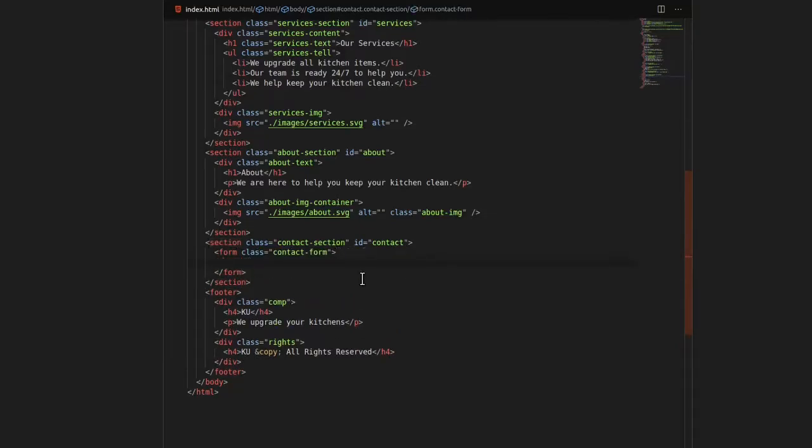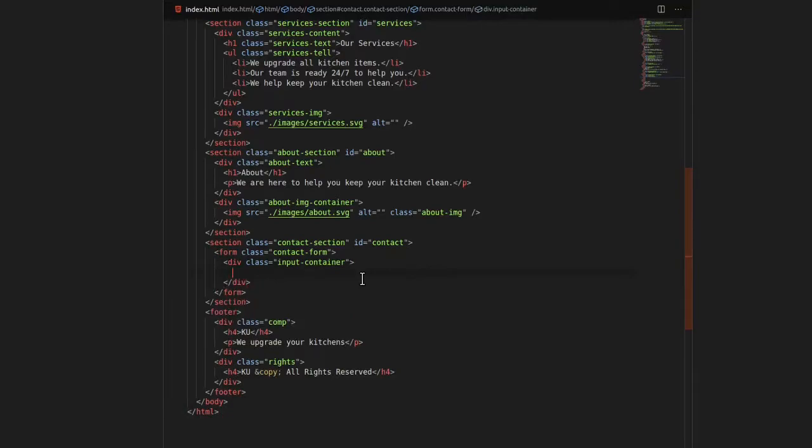So here what we will do is, we'll have dot input-container. So it does not mean only for the input tag, it means where the user can interact. So here we'll give a label